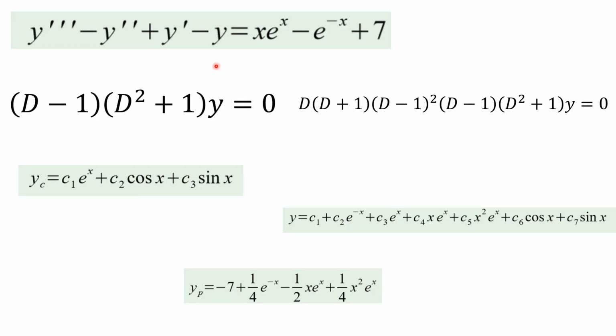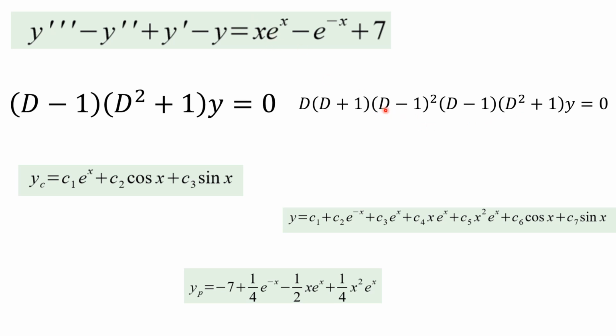Okay, this left-hand side factors this way, and that means that I will have solutions that will look like this for my complementary solution. Make sure you understand all of this. Now I need to take this left-hand side and annihilate all this business. Okay, and so what I had here was D minus 1, D squared plus 1 to start with, but then I have to annihilate